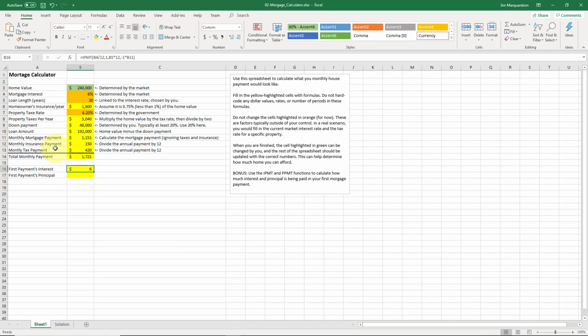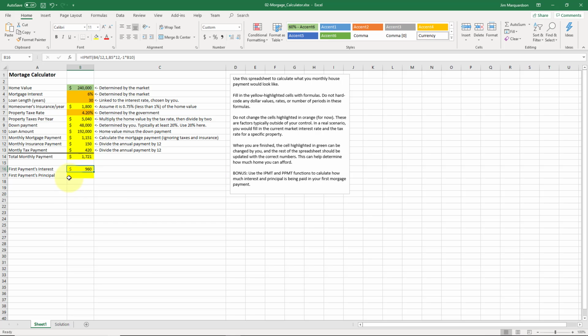I pay off a whopping $6. Ouch. Okay, I just noticed I have an error in my formula. I need to fix that. I was multiplying not the present value of the loan amount. I was multiplying the value of the first month's payment. I need to change this B11 to B10. Okay,